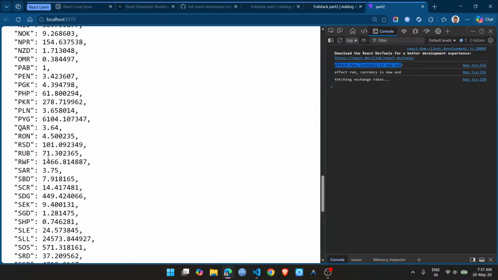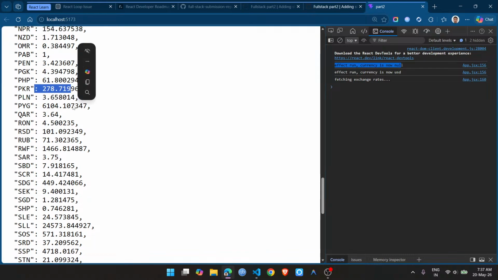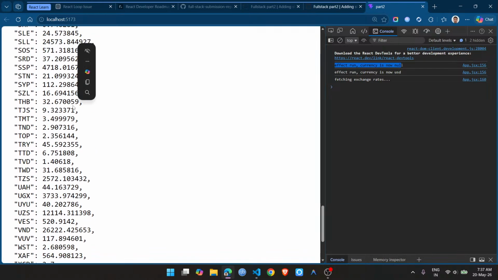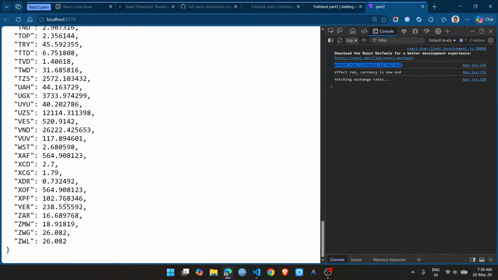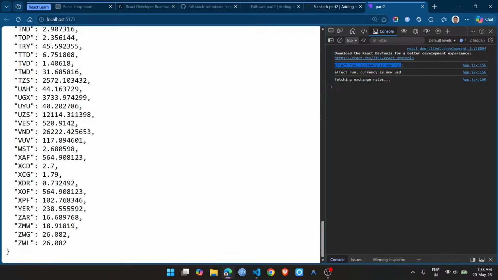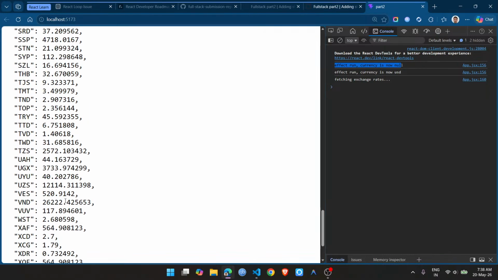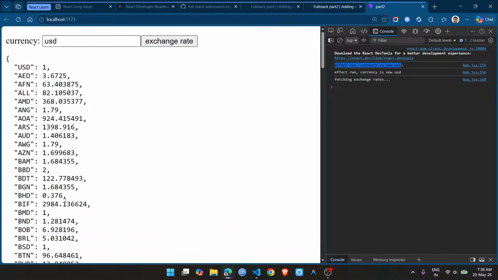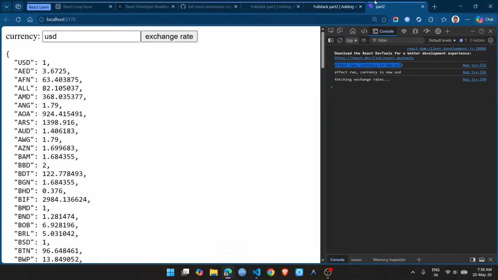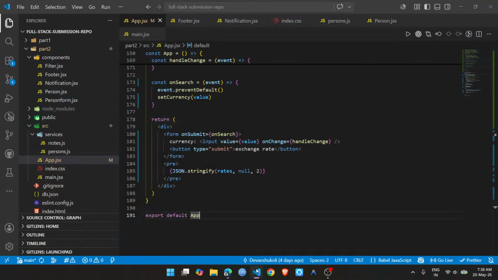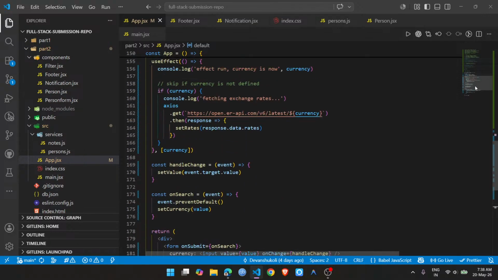Let's say Pakistani rupees. Then is there anything? Okay, so here what they are doing is